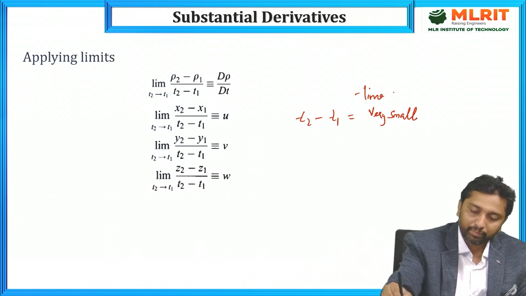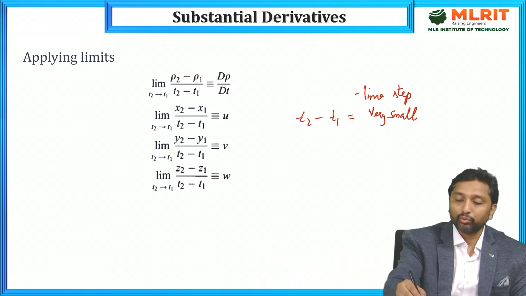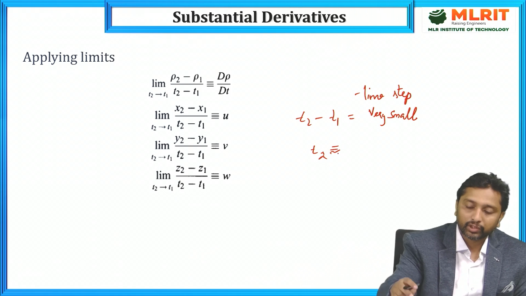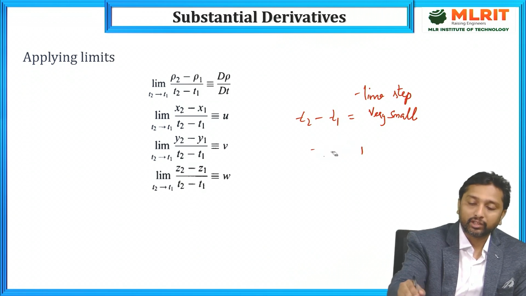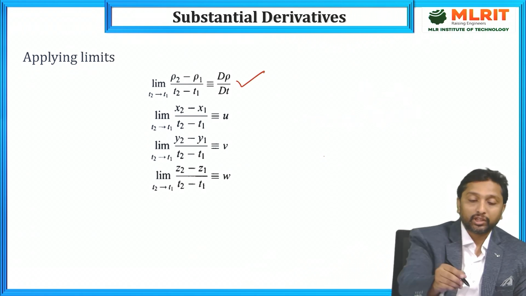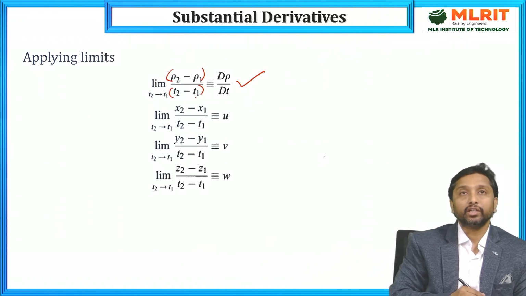If the time step is considered to be very small, then T2 is approximately equal to T1. In that case, the time step will be very small. So for a small time step, we can consider the change in density with respect to time as d rho by dt, and similarly